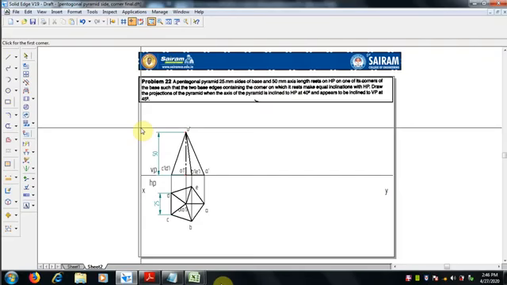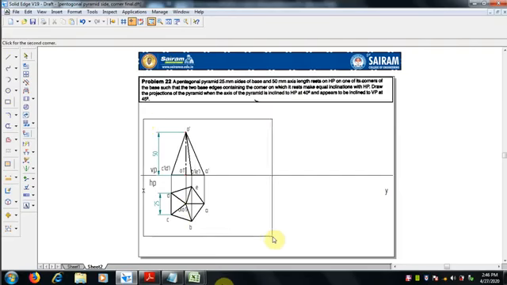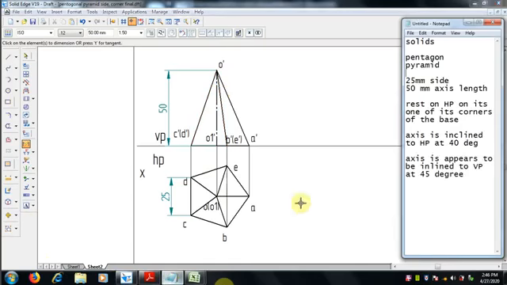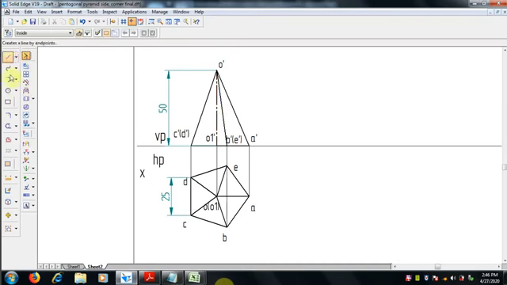of the pentagonal pyramid, the corner position, we have kept, and the second position we have to go to is where the axis is inclined to HP at 40 degree. So select all the entities, make them a group first in the front view, select fully and make it a group so that it will be easier to move and rotate.